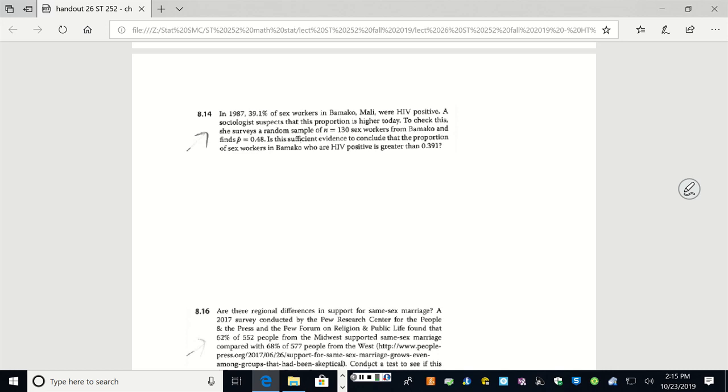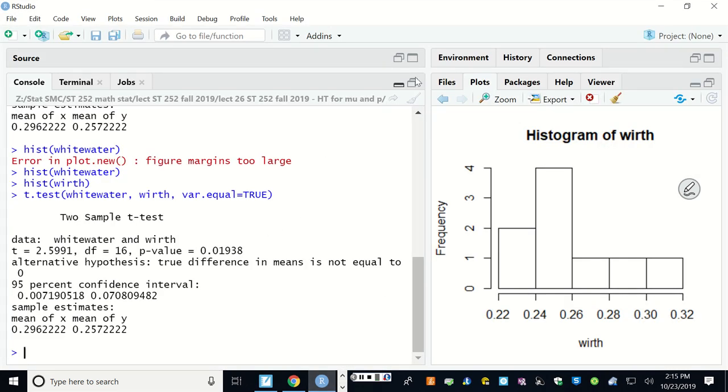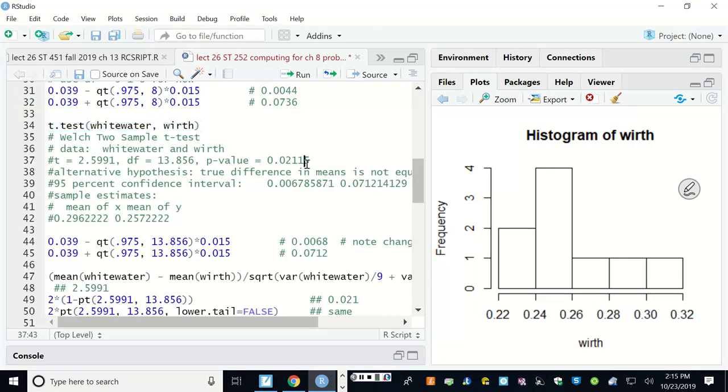Right? But to check comparing it today, he surveys 130 sex workers from Bamako and finds p hat equals 0.48, so 48%. Is this sufficient evidence to conclude that the proportion of sex workers in Bamako with HIV is greater than that? Right? That's the motivation for a one-sided hypothesis. So, doing that,